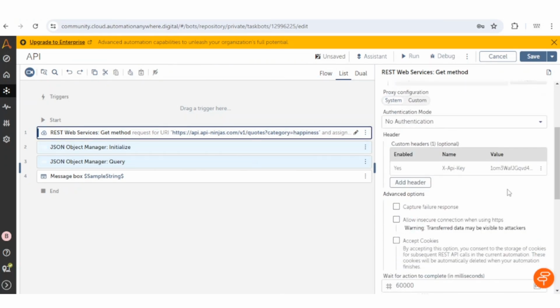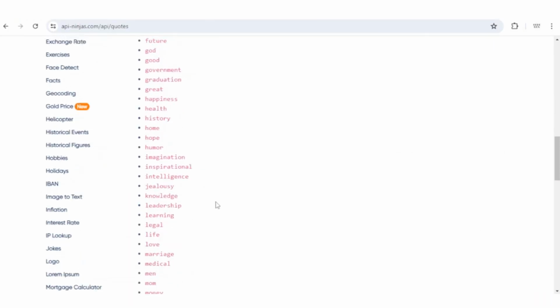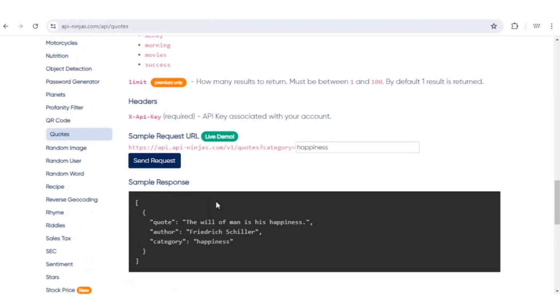And in the GET method, we need to give another value, which is the header. And a header is required if it is a part of the API, means you can check in your API if you need to give some API key for authentication or any other important details which we need to pass. So that thing we can give in our header.